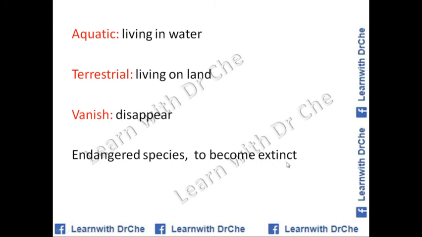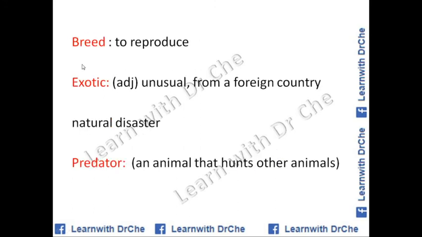Extinct is not a verb. I think I said extinct as a verb, that was wrong. To become extinct is a verb, and as a collocation you can use it instead of extinction. At some point you can use the verb form also. And the next word is breed, to reproduce. Exotic is an adjective, it means something unusual,